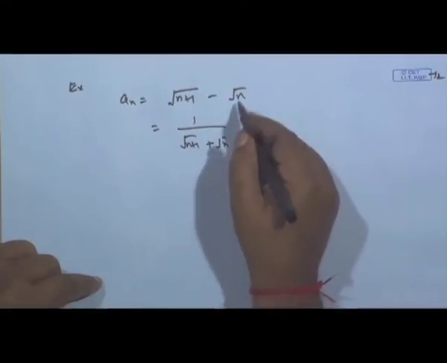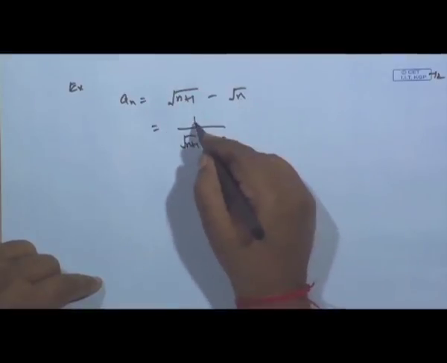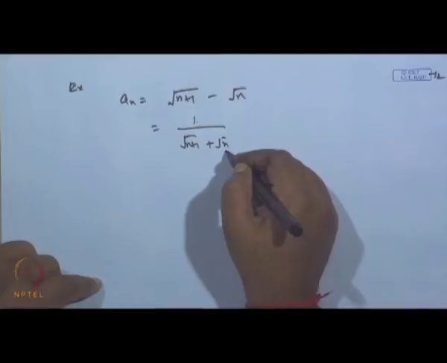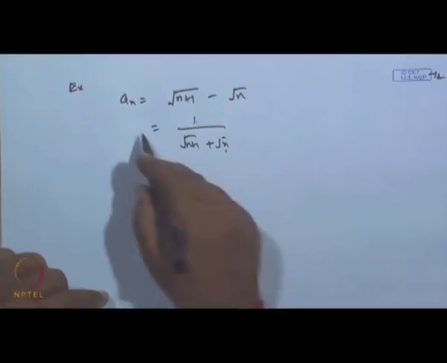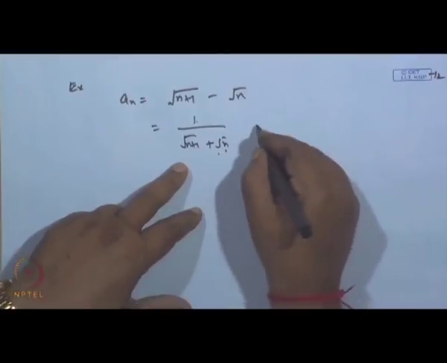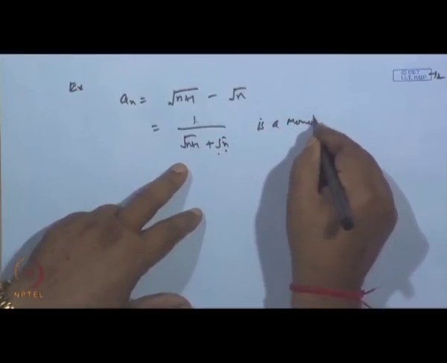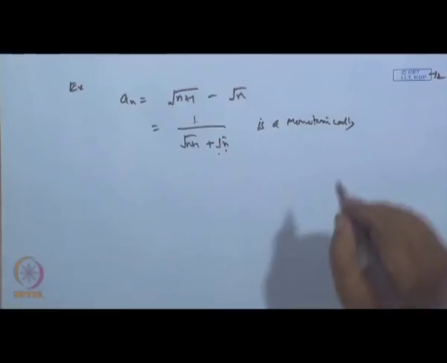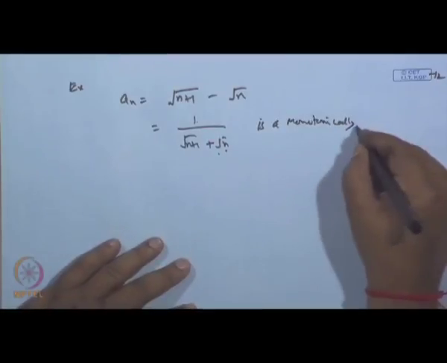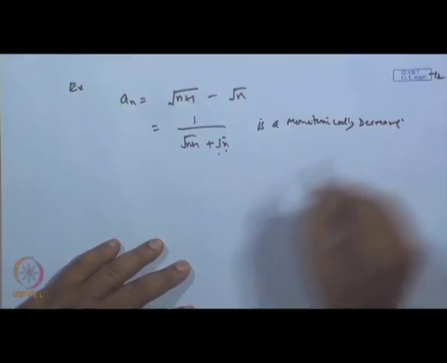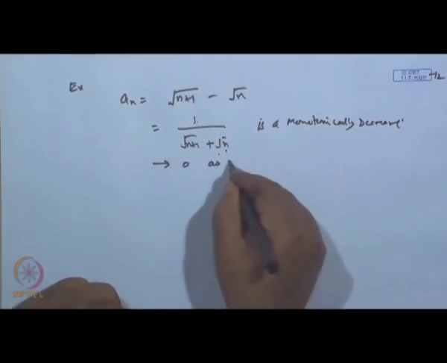When you multiply by this number, you get x square minus a square, which becomes 1, and this is equivalent to this sequence, is it not? Now, this sequence is monotonically, what, increasing or decreasing? Decreasing, and tends to 0 as n tends to infinity. So, the limit is 0. We will look at some more interesting limits, particularly 2-3 limits, as an exercise next time. Okay. Thank you very much.